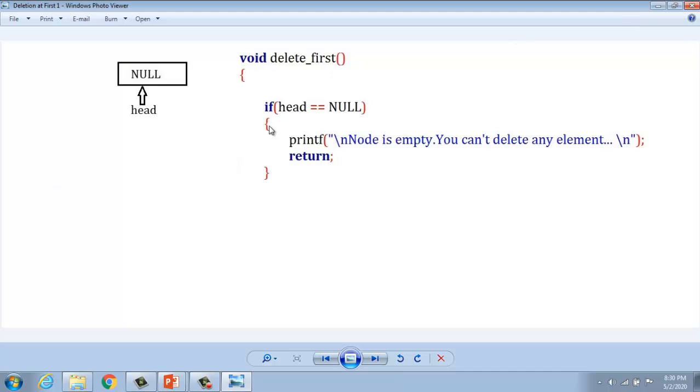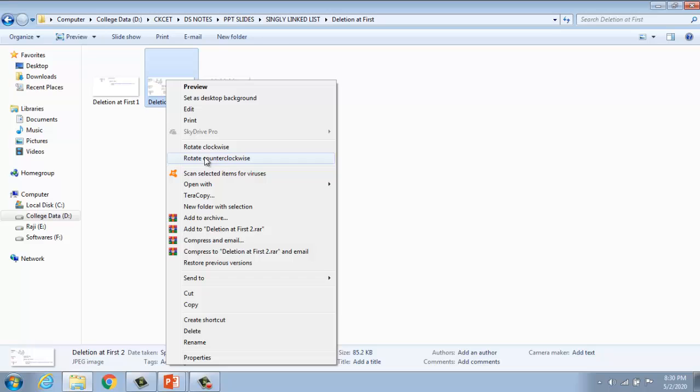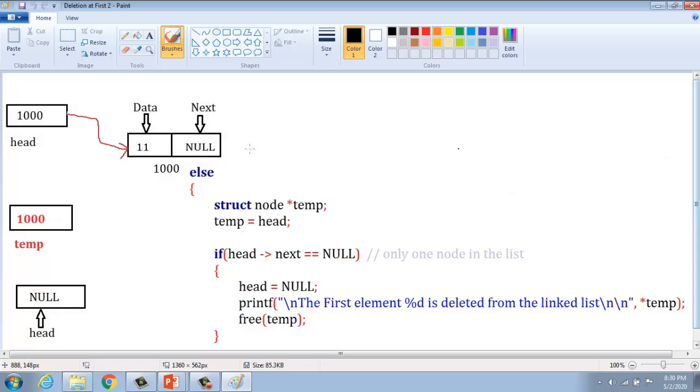This is the first scenario, the if condition. The second is the else part. struct is a keyword and node is a tag name. We create one temporary variable for the linked list and assign temp equal to head.